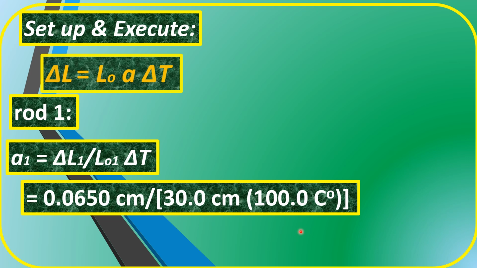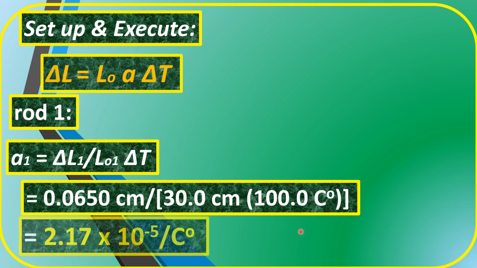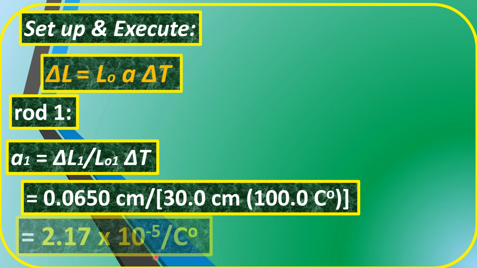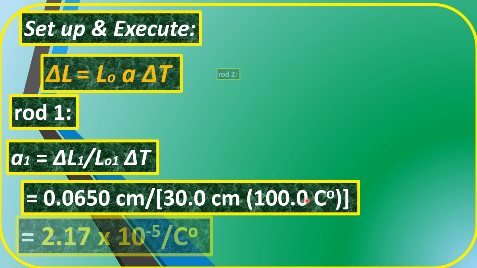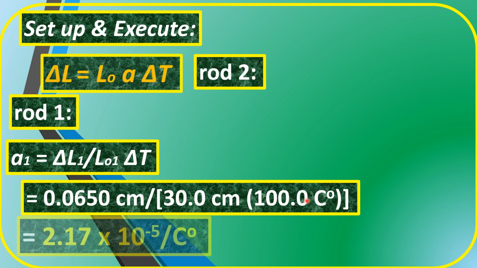So doing our math, we get the value for alpha 1 equal to 1.17 raised to the negative 5 per Celsius degree. Take note, we are applying the rules of significant figures. Now, similarly, for the second rod, rod 2,